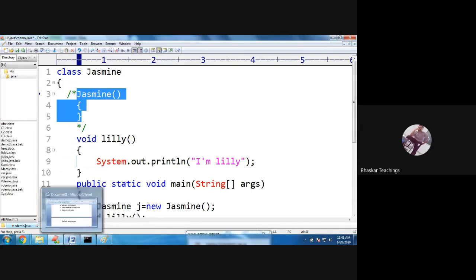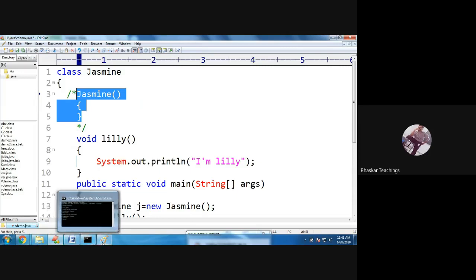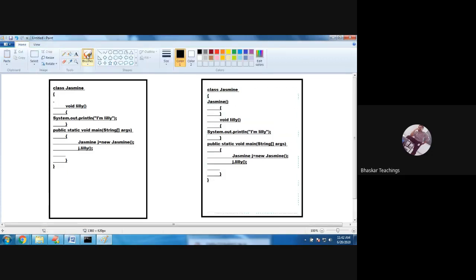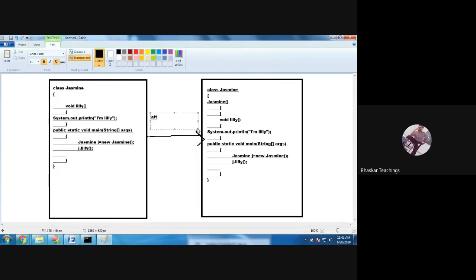We cannot see the bytecode. After compilation, bytecode is generated. Not exactly zeros and ones; bytecode means a combination of both high level and low level language. So here, there is no constructor, right? At this point we do not have any constructor. But after compilation, this is how the program is going to look.